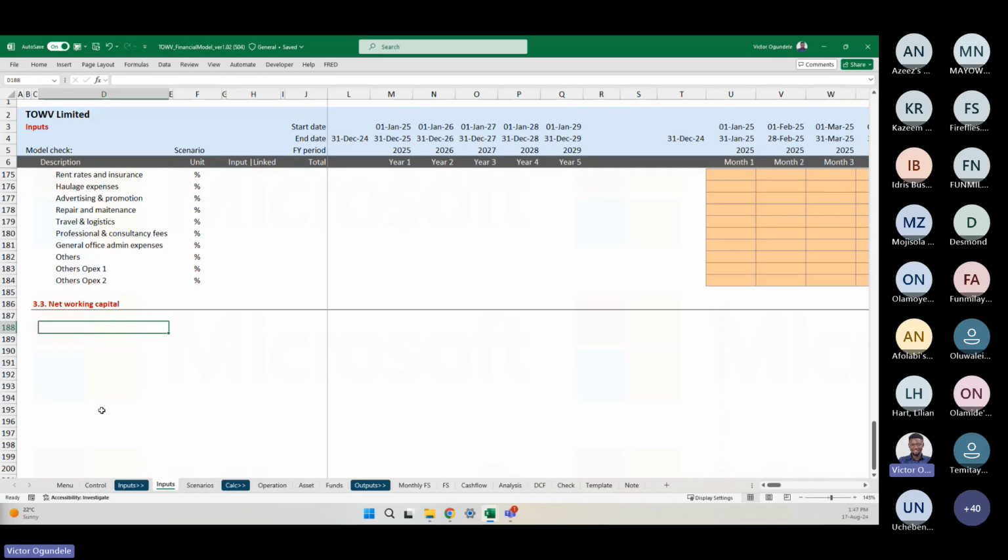Everybody can do a DCF and put the whole data where it's supposed to be. That's the structure which has been created. The valuation is more than that. So, net working capital, all right. I've seen different cases where net working capital